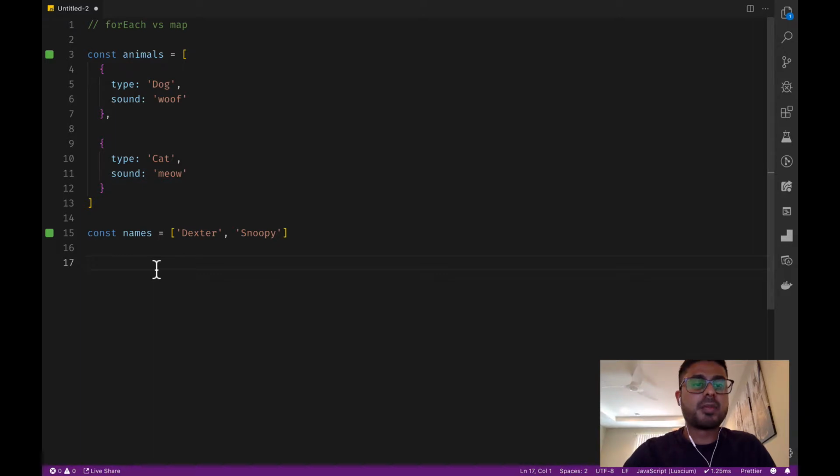Let's have a look at a couple of methods that allow us to iterate over elements within an array. So we'll start with forEach. forEach runs a method on every single element within an array. So for example, if we want to give each of our animals a name, we can do